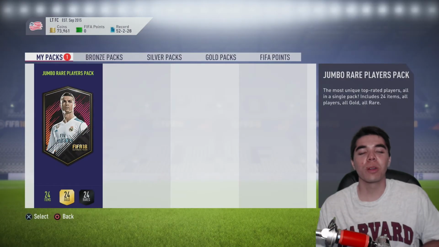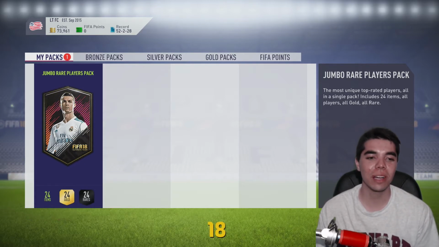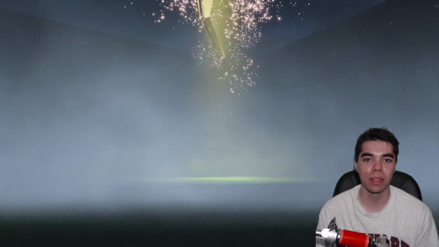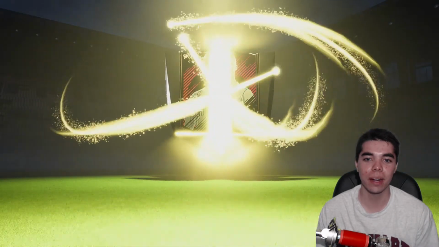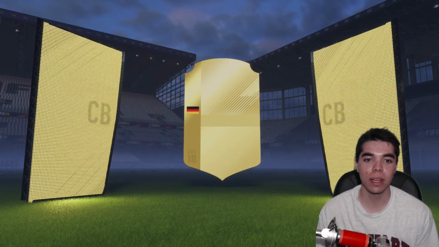All right, boys, we have one more 100k pack, Jumbo Rare Players pack. Give me something special. Let me see the walkout. Let me see the purple flare, a hero card. Could it be something special? Is it going to be anything? It's another banner. Come on, get a walkout. Not a special card. German. Center back, Sula. It's going to be...